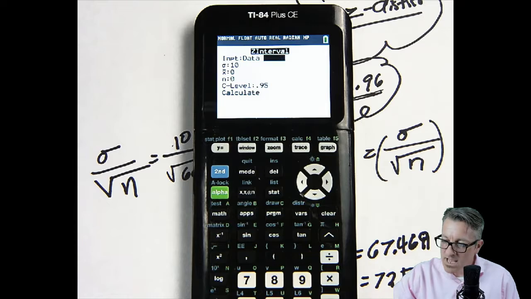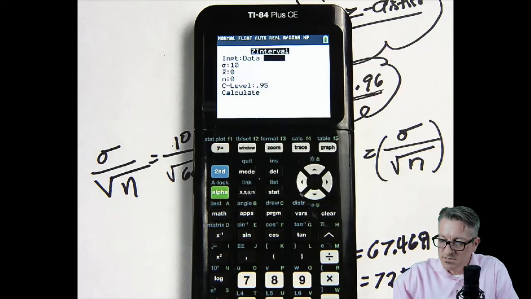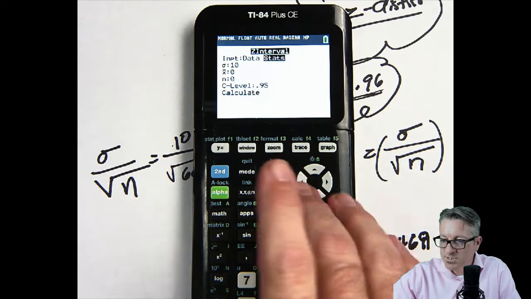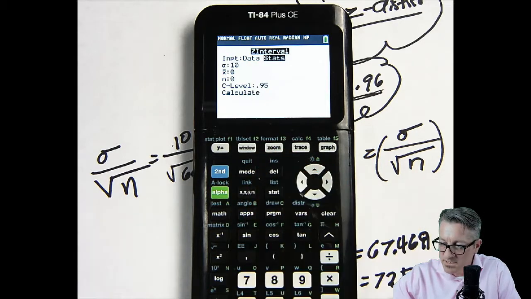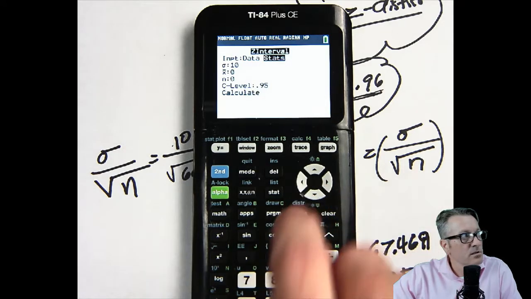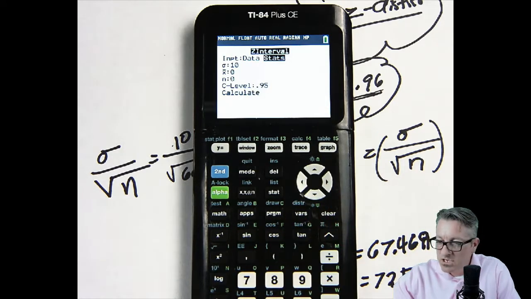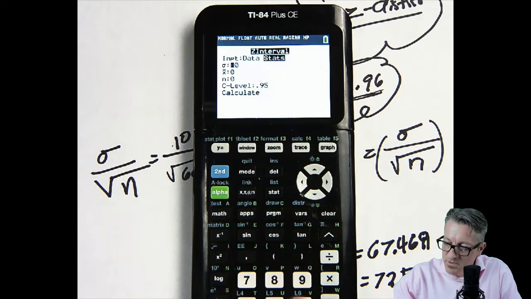Okay, so I have it set up for stats. It's flashing for stats, but we could use a data list if we wanted to. In this case, we just want to put in the information. So I go down, and our population standard deviation is 10. It's already in there.